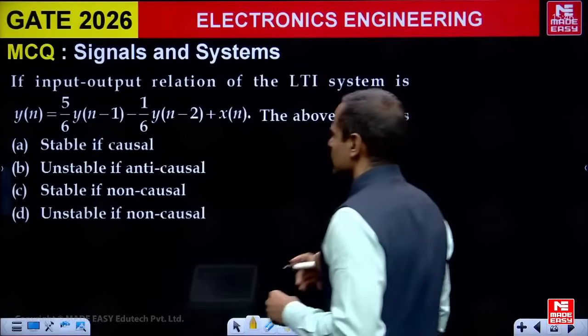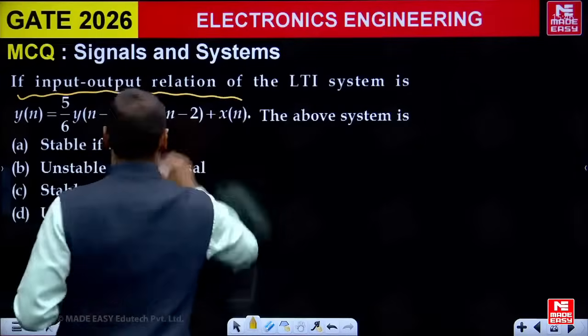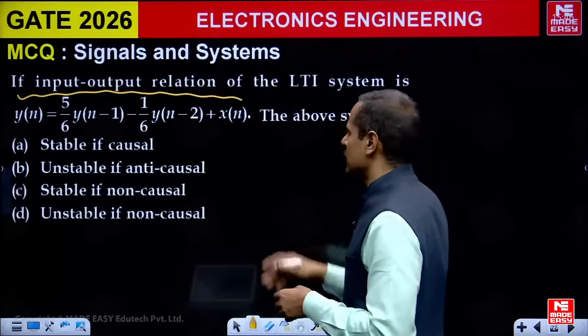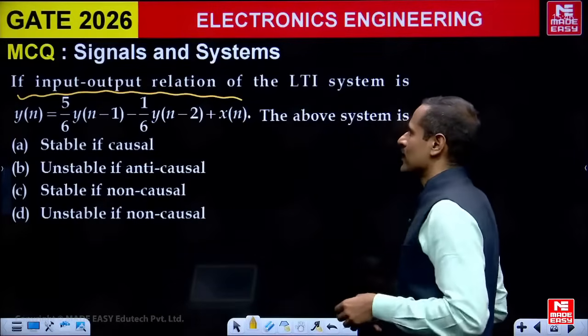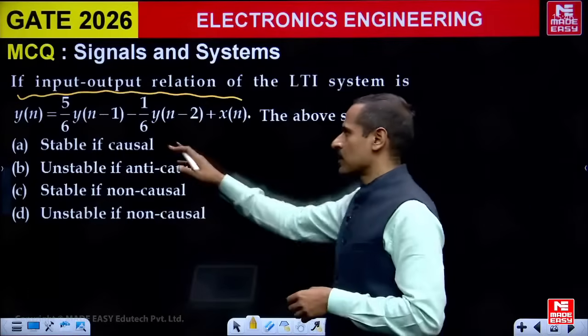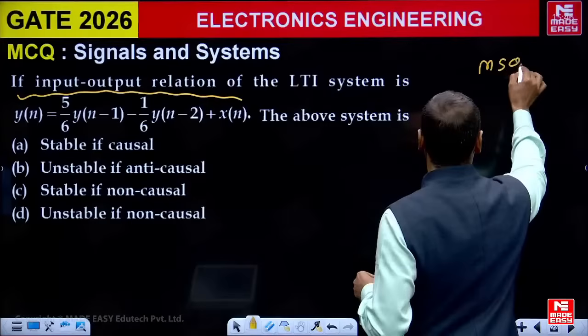सेकेंड क्वेश्चन है, इफ इनपुट आउटपुट रिलेशनशिप of the LTI system is this one, so difference equation of LTI system is given। क्या given है? y[n] is equal to 5/6 y[n-1] minus 1/6 y[n-2] plus x[n]। अब यहाँ पर 4 ऑप्शंस हैं एंड दिस क्वेश्चन इज MSQ।